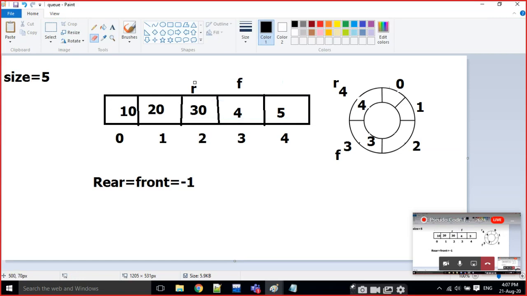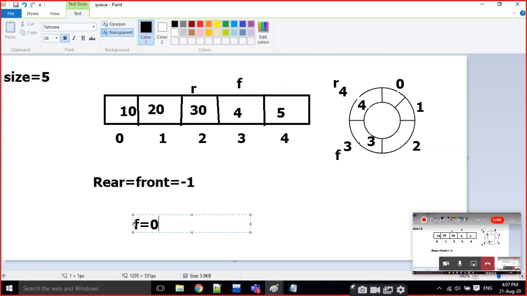Okay, look at now, the queue is full. When is the queue full? If front is equal to 0 and at the same time rear is equal to n minus 1, if these two conditions are satisfied, the queue is full. And one more condition is there.